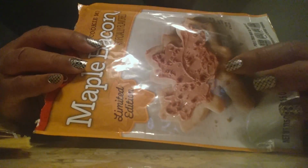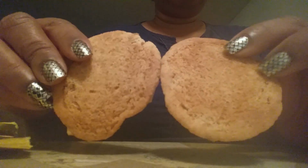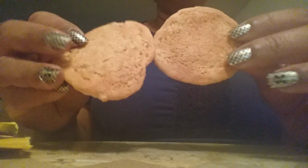And then I didn't know they had an icing that was also called Maple Bacon Frosting, which I'm assuming is what this is. So I didn't get any of that. I just made the cookies and I made them drop style. This is what they look like. This was my first batch, which I left in longer than the 9 minutes. And this one right here was the second batch. And they look like this on the bottom because I use parchment paper. So it gives them that nice